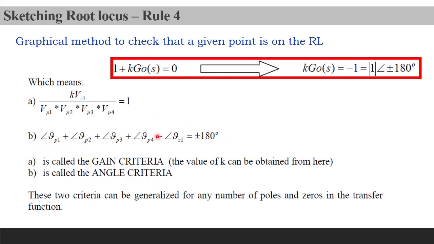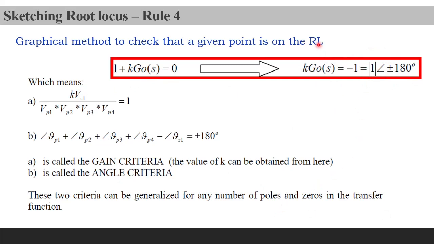The sum of all the angles of the poles less the angles of the zeros would be equal to plus minus 180 degrees. So this would be the angle criteria, and this would be your gain criteria. And I find these values of 1 and plus minus 180 degrees from the deduction of this derivation from this characteristic equation. All right, so that's it for rule number 4,